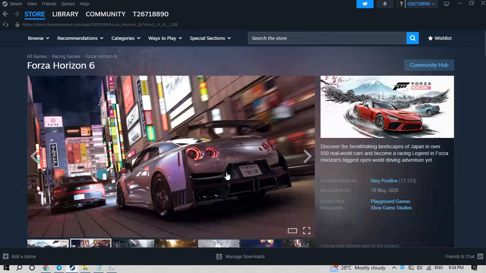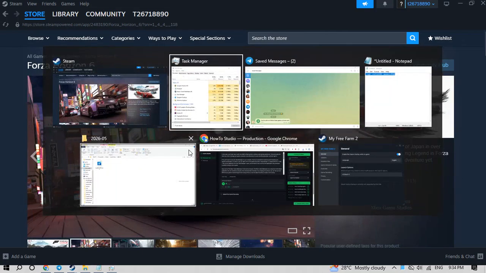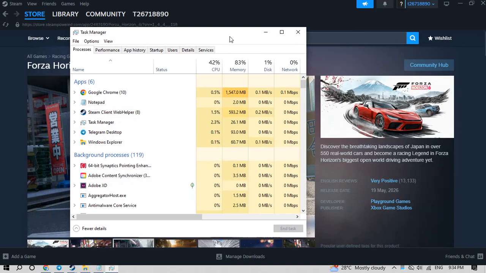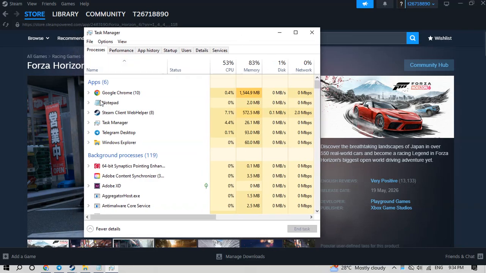This tool is essential for monitoring and managing your system's performance. To open it, you can right-click on the taskbar and select Task Manager, or simply press Ctrl plus Shift plus Esc on your keyboard. Once the Task Manager is open, you'll be able to see a list of all the applications and processes currently